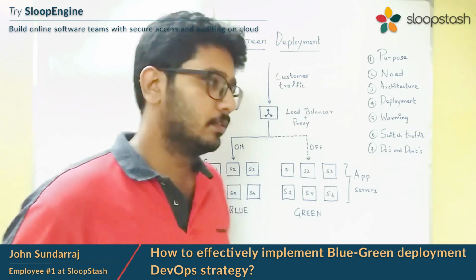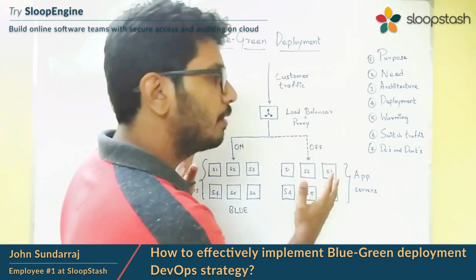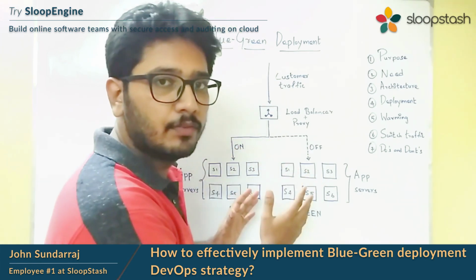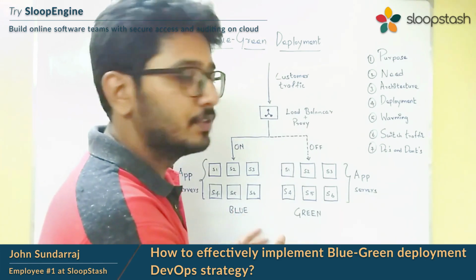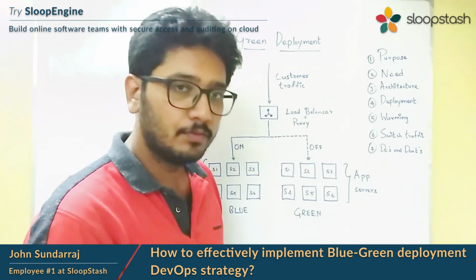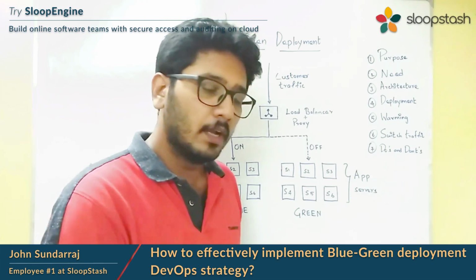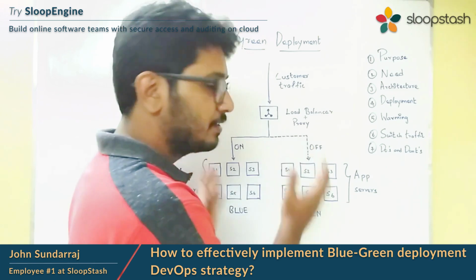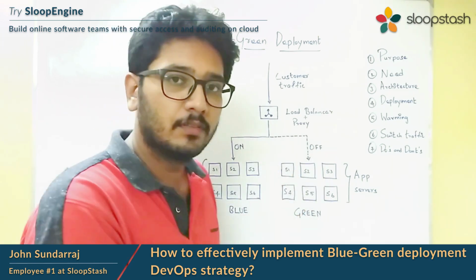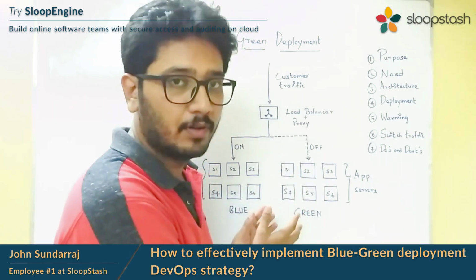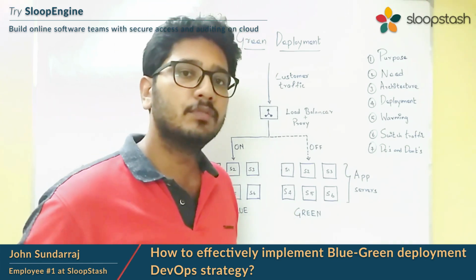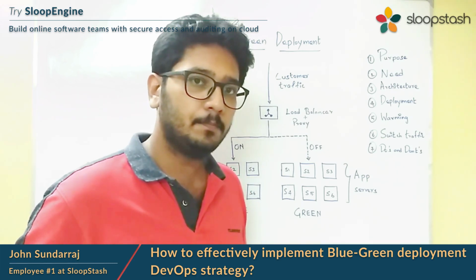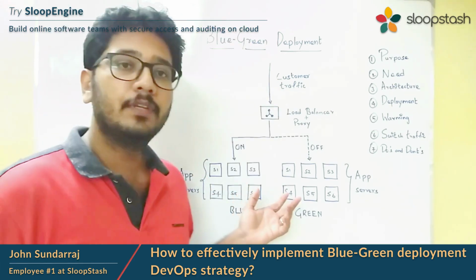Number four, before taking this blue-green deployment strategy to your production environment, always make sure you build a staging environment using the same blue-green strategy, and then try the deployments and simulate some artificial traffic. Without testing this blue-green deployment strategy in your staging environment, never take this to production, because we do not know what will happen in production. So these are the important do's and don'ts which we need to keep in mind when we go for blue-green deployment.